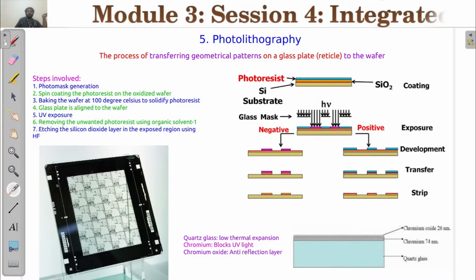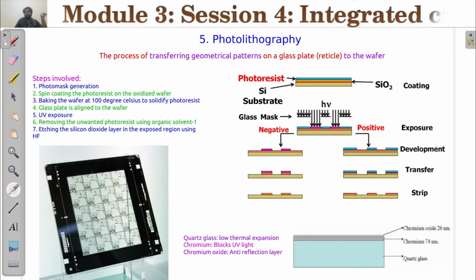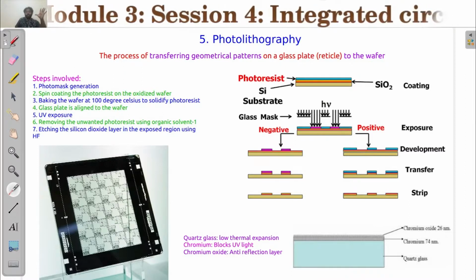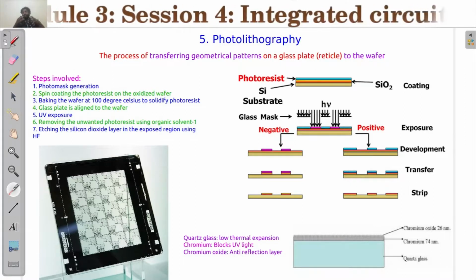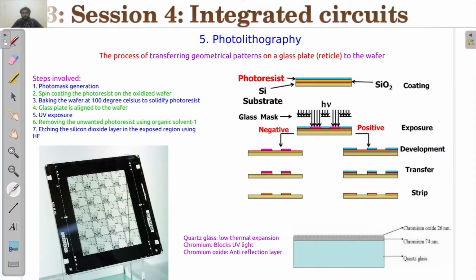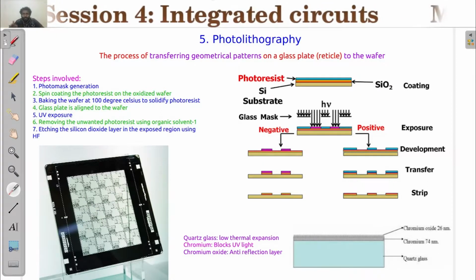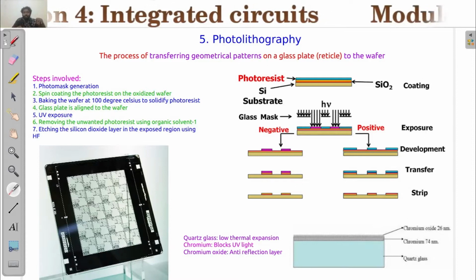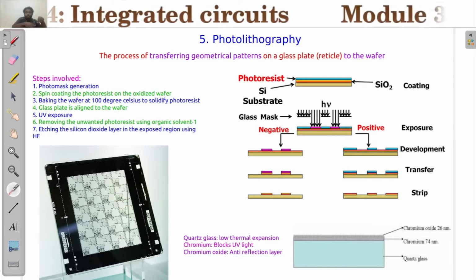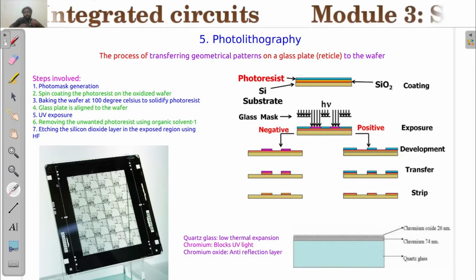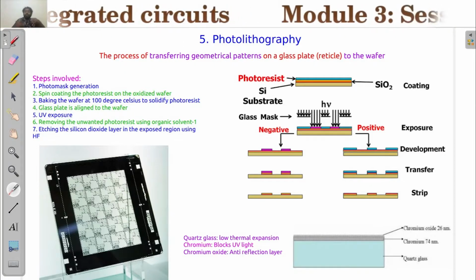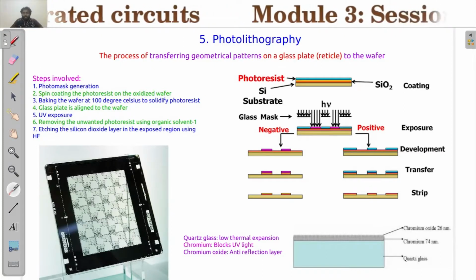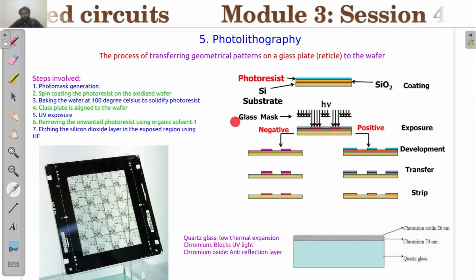So this is how the photolithography process is done, and photolithography is a very crucial thing to make patterns on the silicon wafer. So you can have transistors having p regions, n regions, etc. selectively. That kind of selective doping or selective introduction of oxidized layers or metals, etc. is done using the photolithography process.